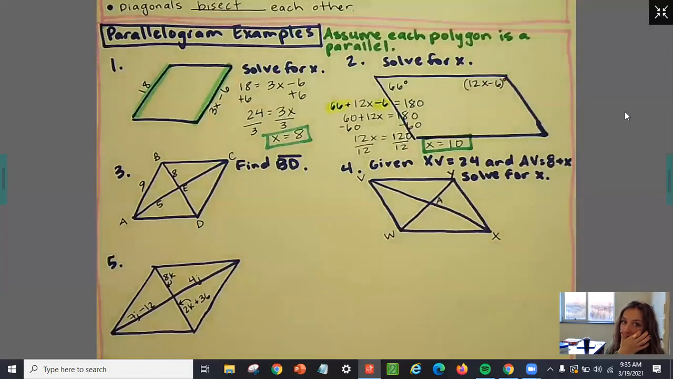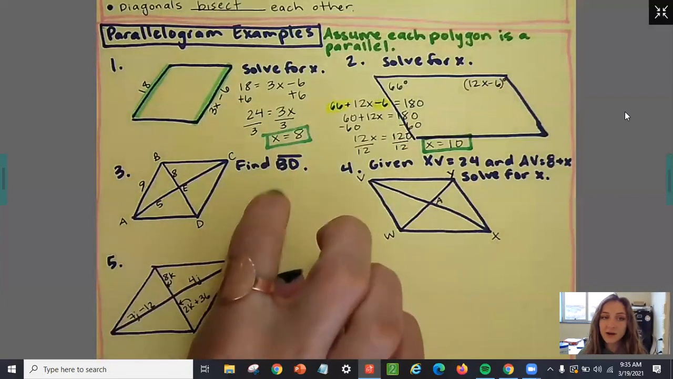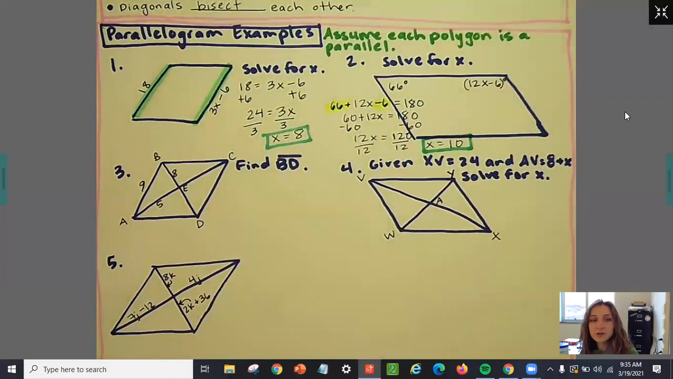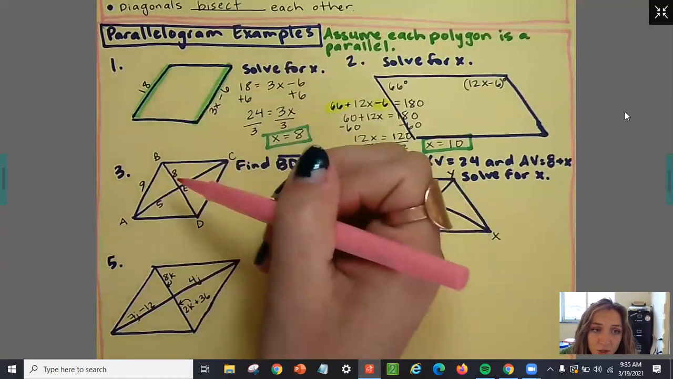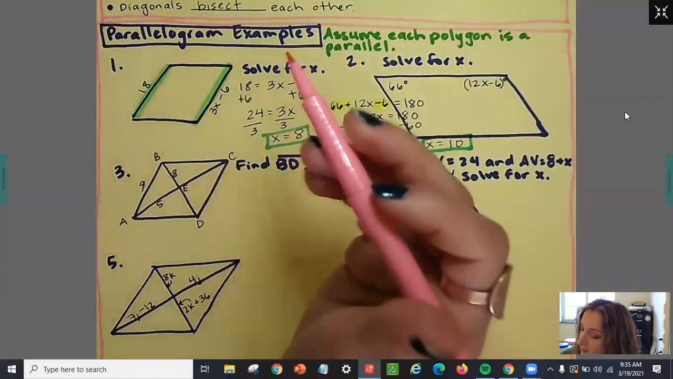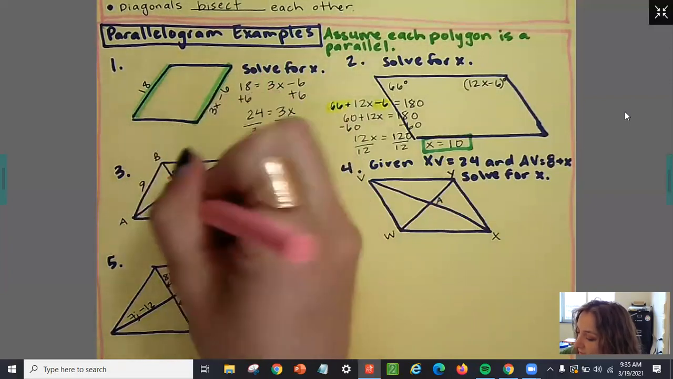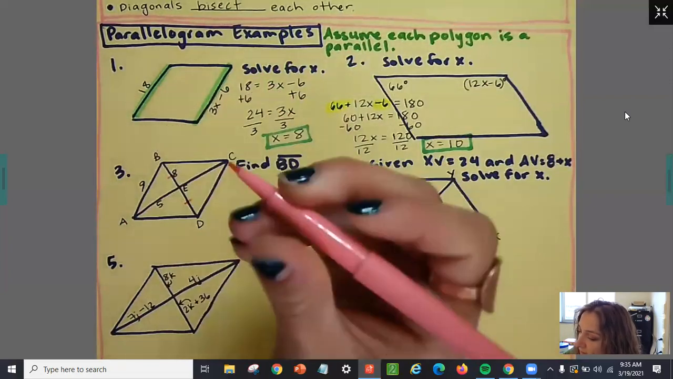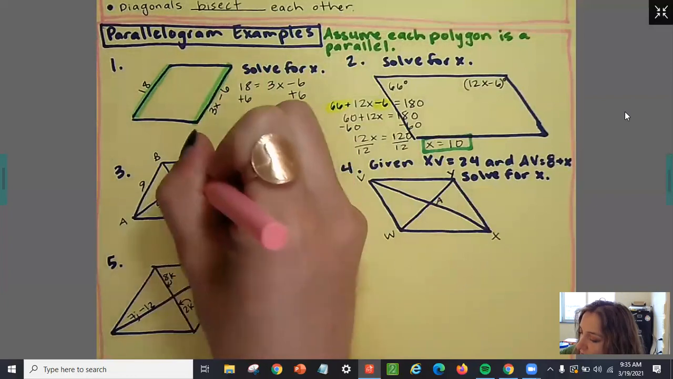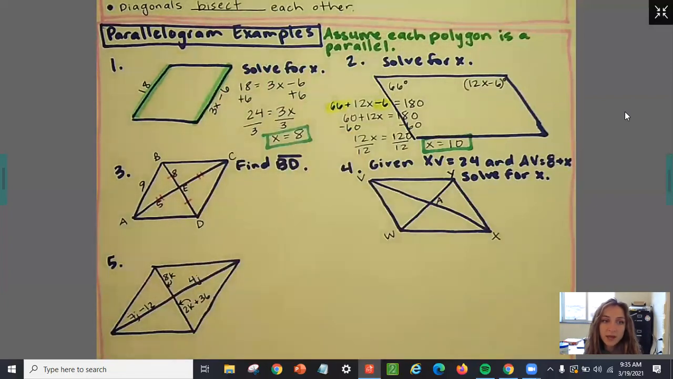Okay, so let's look at our next example now. This one is going to be finding BD. So let's first mark what we know is true about these parallelograms. We know that the diagonals are going to bisect each other. That means that this is congruent to this, and this one is congruent to this one. Okay, and we also know that all the sides are congruent, but let's see if we even need to work